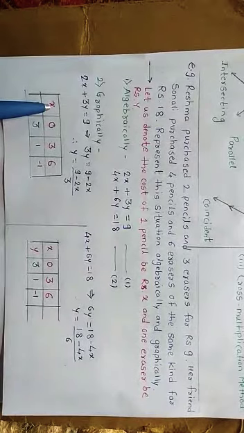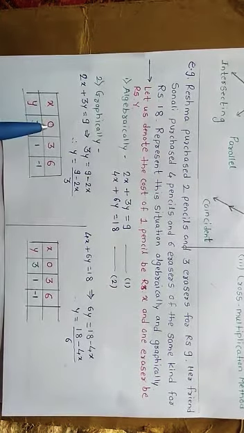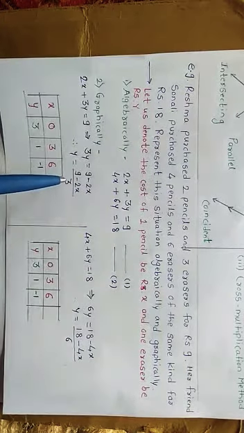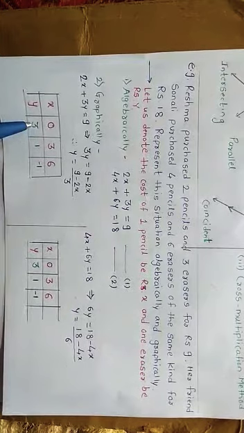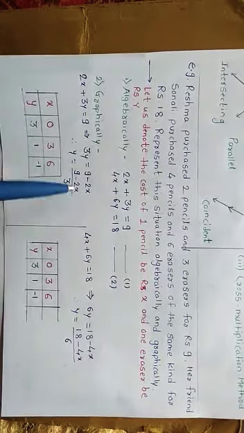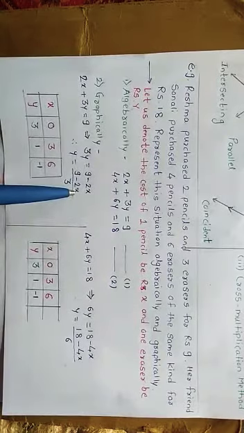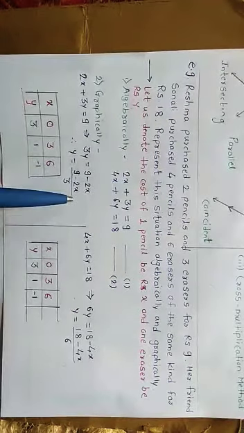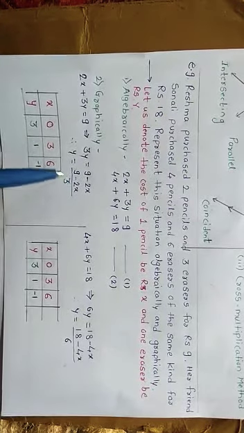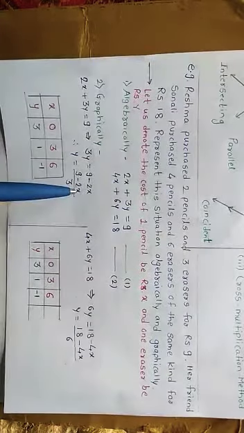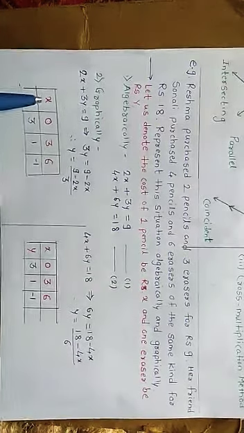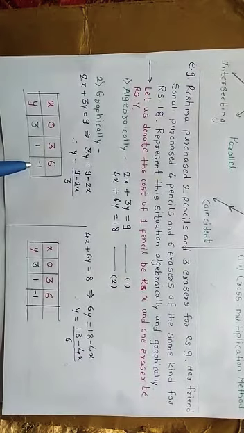Then we have to put values of x. If I put x as 0, then 2 multiplied by 0 is 0, 9 minus 0 is 9, and 9 divided by 3 is 3. Therefore 0, 3 is the first solution. Then second, if I put x as 1, then 2 multiplied by 1 is 2, 9 minus 2 is 7, and 7 divided by 3 is a decimal number. It depends on you, if you want to take a decimal number you can put it. Now I directly put 3, because 2 multiplied by 3 is 6, 9 minus 6 is 3, and 3 divided by 3 is 1. It depends on you which value of x you want to put. I have put values such that no decimal number comes, so that it will be easy when drawing the graph.